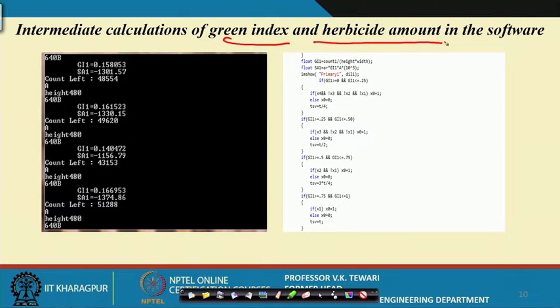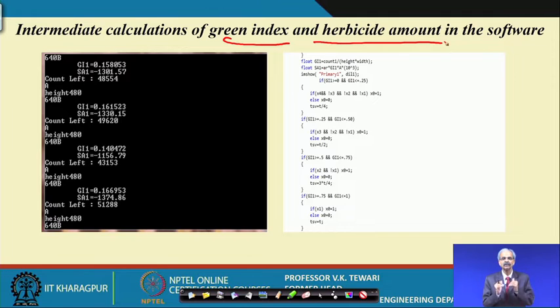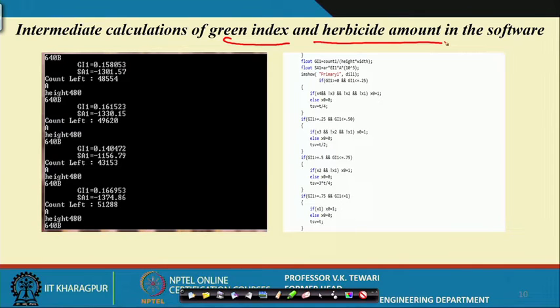And now, since this is an intellectual property matter, we may not be in a position to tell you all the details, but as an engineer you should know that yes, this is possible, and by going through all the details you could definitely design a new one or something better than this. So, we just wanted to show you the intermediate calculations for the green index and what the corresponding herbicide amount should be through the software. This decision has to be taken